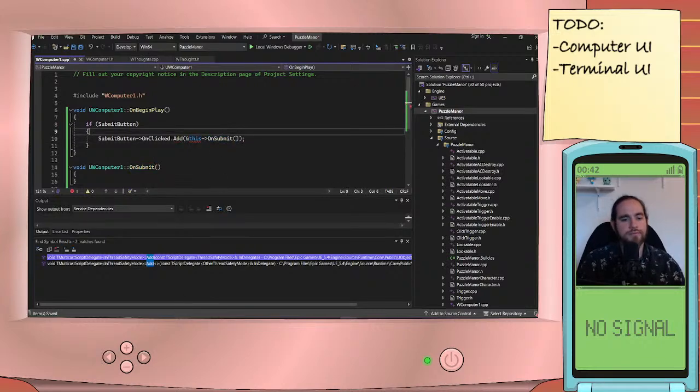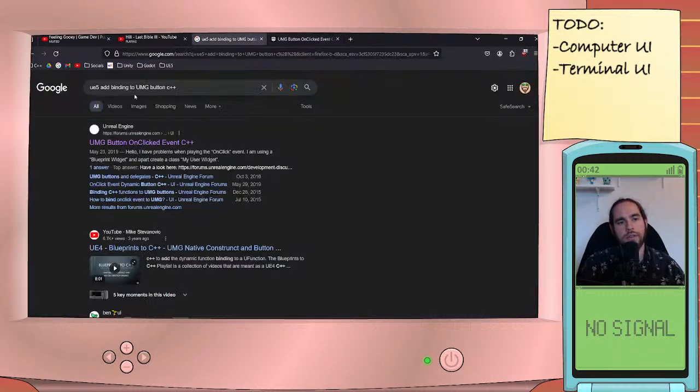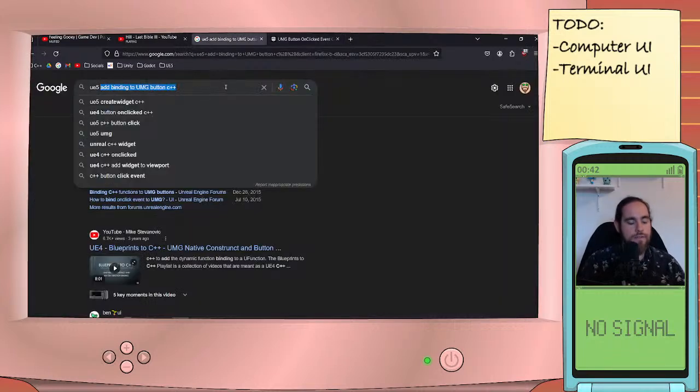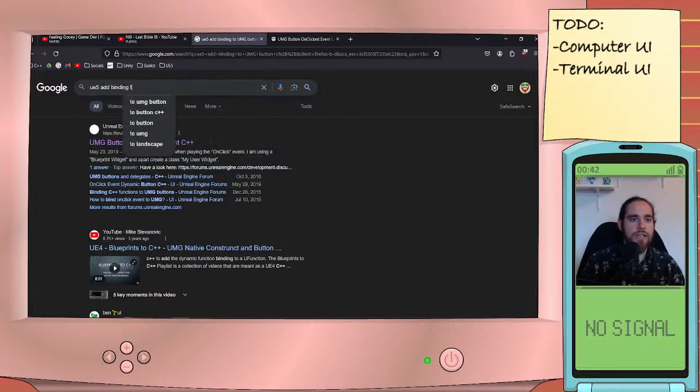Okay, well, again, I'm just going to go here and search UE5 add binding